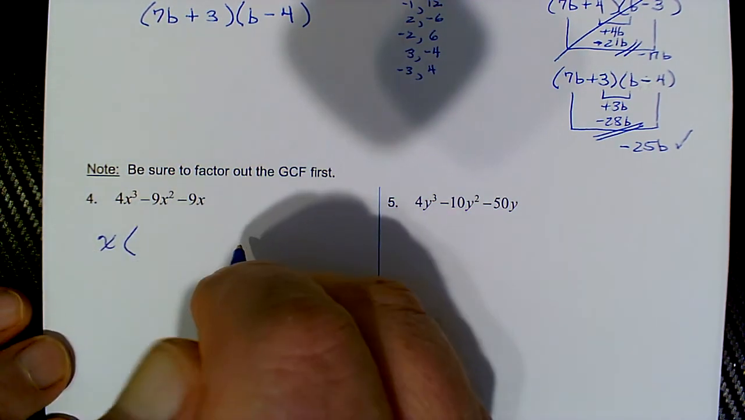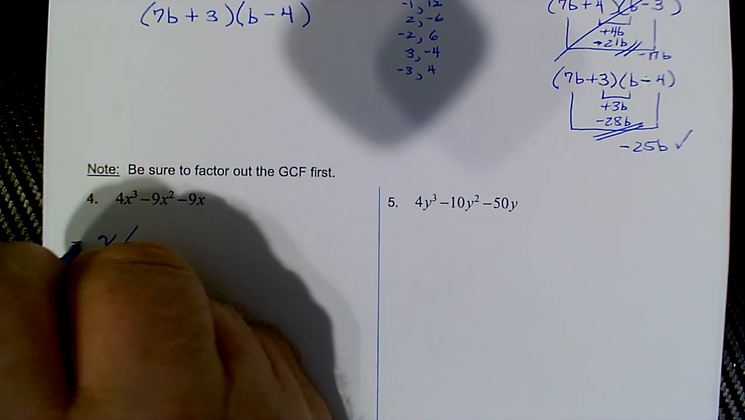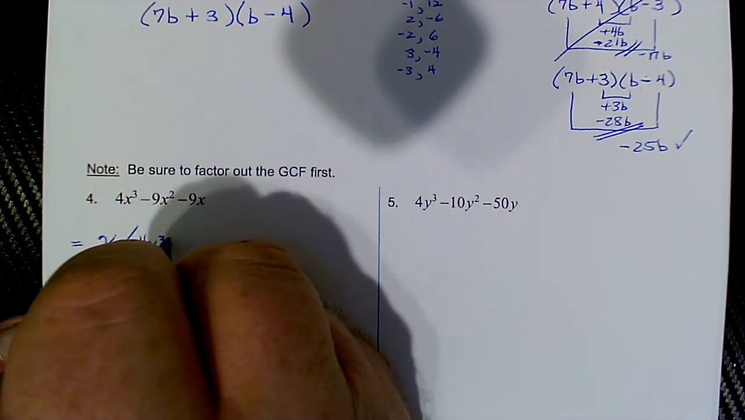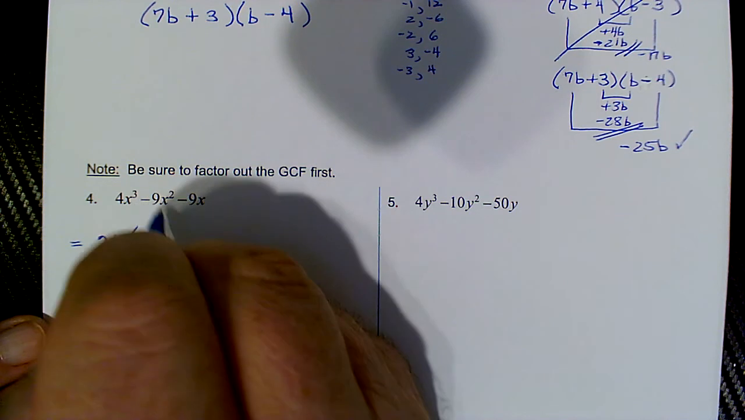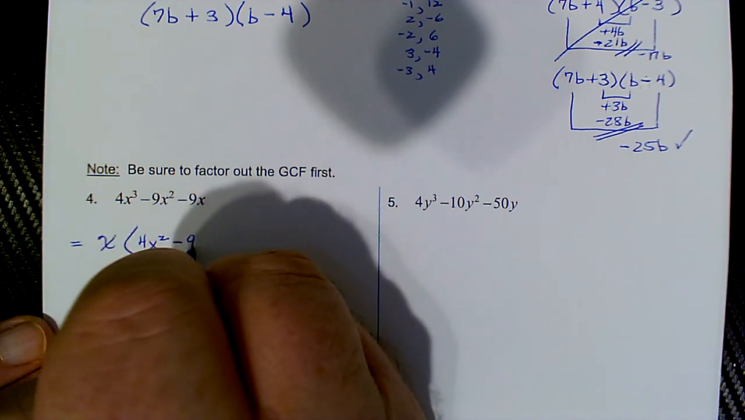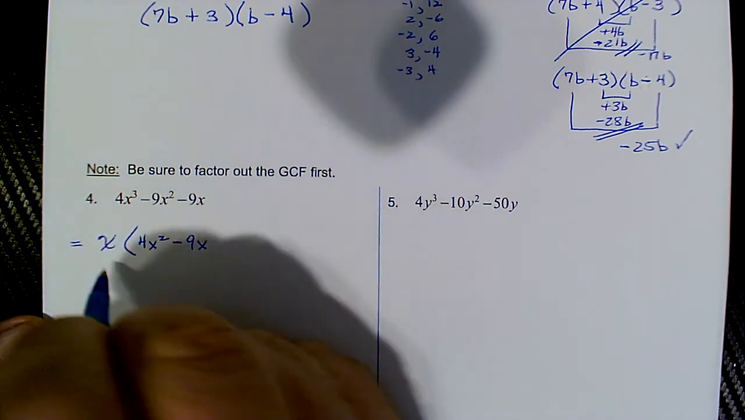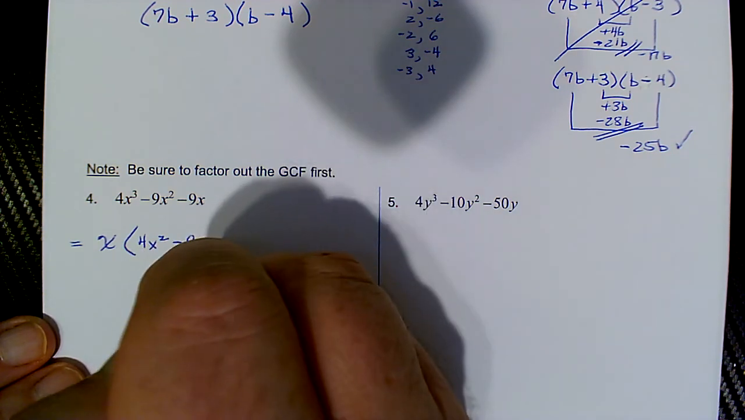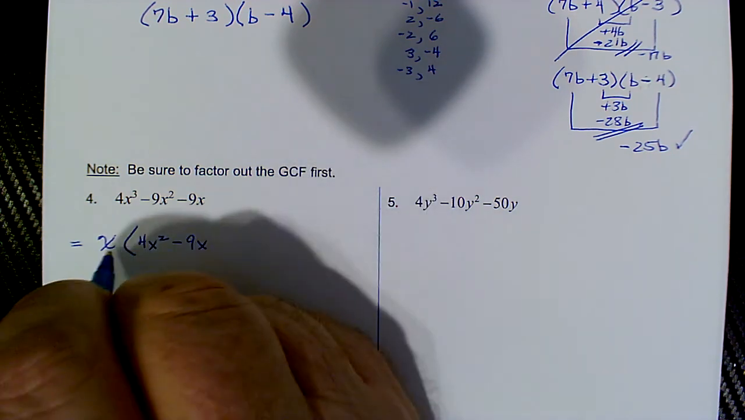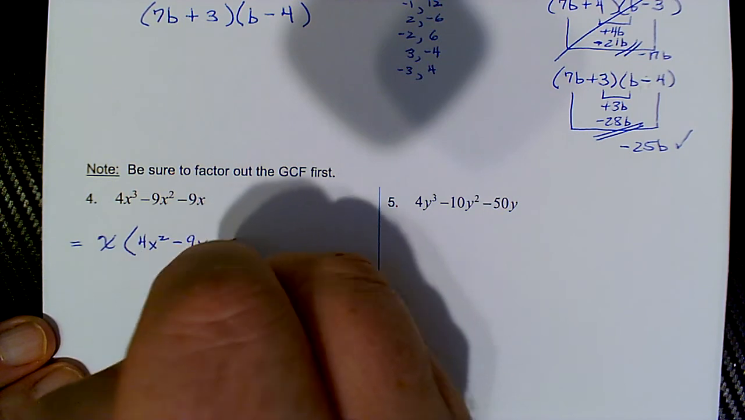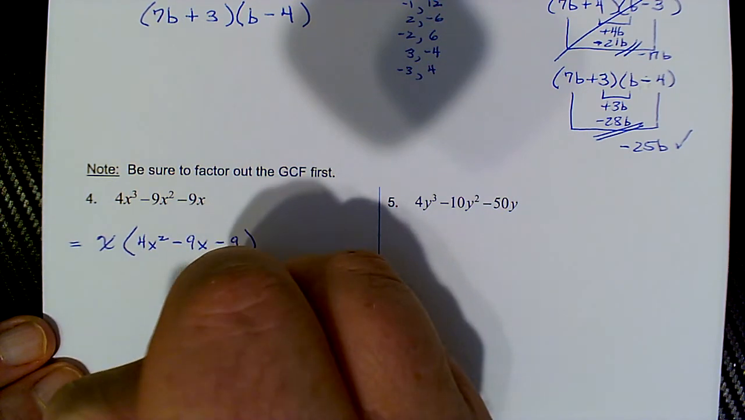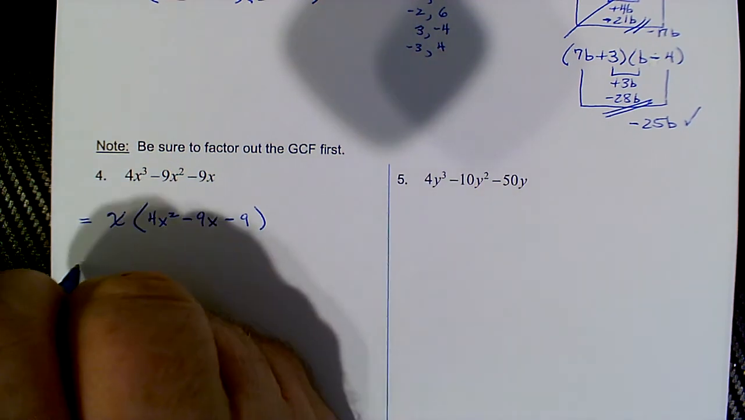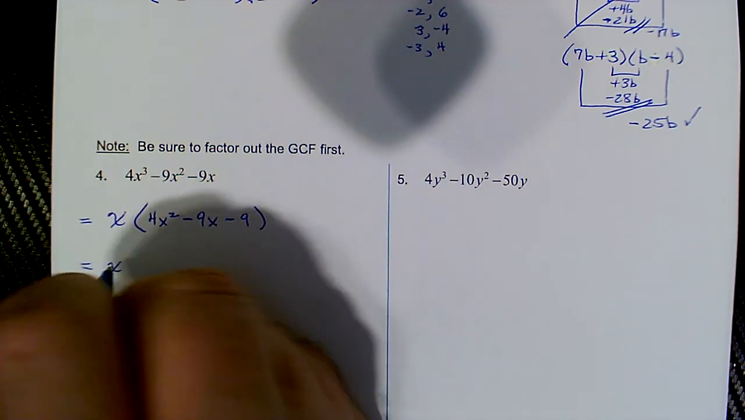Alright, remember we reverse distribute. So x times what gives 4x cubed? That'd be 4x squared. X times what gives negative 9x squared? That's negative 9x. And x times what gives negative 9x, and that would just be a negative 9. Okay, and so in terms of the factorization,